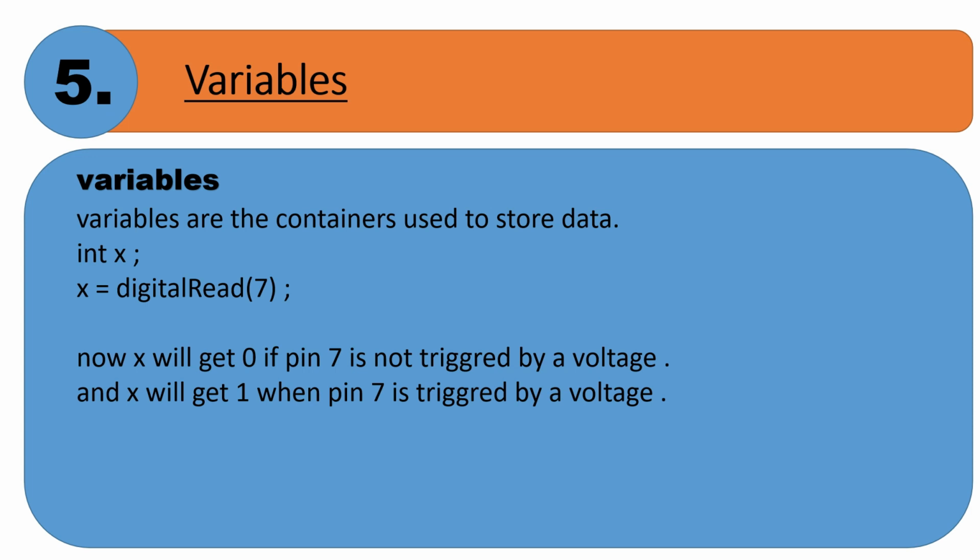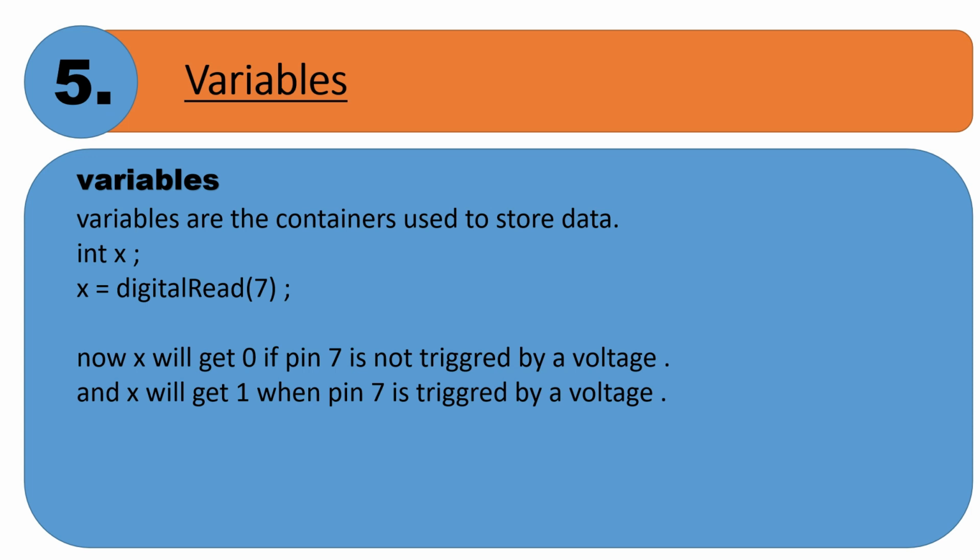So we cannot use all the things that are already used in our code, the letters and words or names that are already used in our coding. Like Arduino already uses this digitalRead word. It is known as a keyword because it is a key, we can use it to do something that is predefined by Arduino, so we cannot use it again. So in a single line we can say that we cannot use keywords as a variable name.